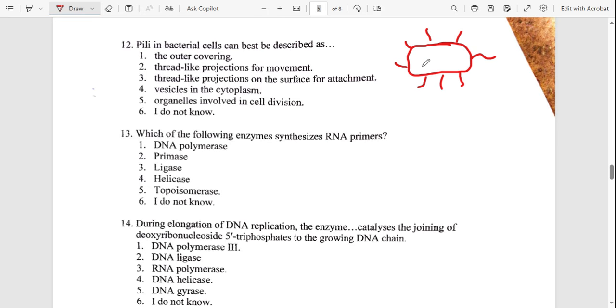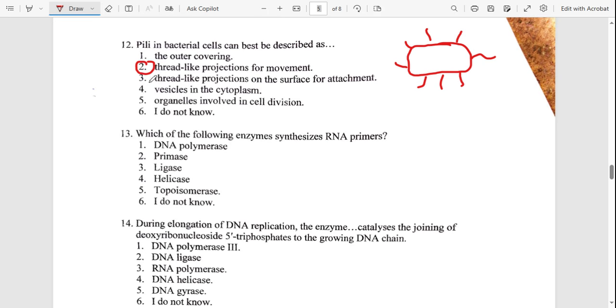So what happens is that when one bacterium is resistant to some drugs, it can transfer those genes that code for proteins making the bacteria resistant to another bacterium via the pili. Hope you get that. So pili in bacteria can be best described as: the outer covering, thread-like projections for movement, thread-like projections on the surface for attachment, vesicle in the cytoplasm, or organ involved in cell division. So these are thread-like projections, okay, for